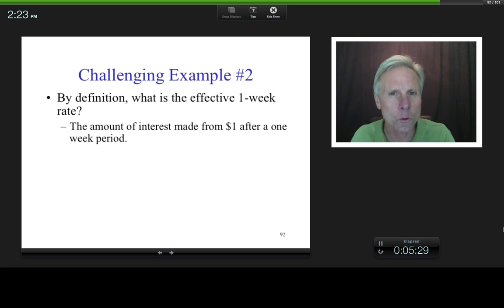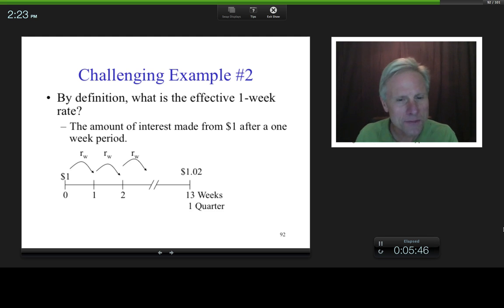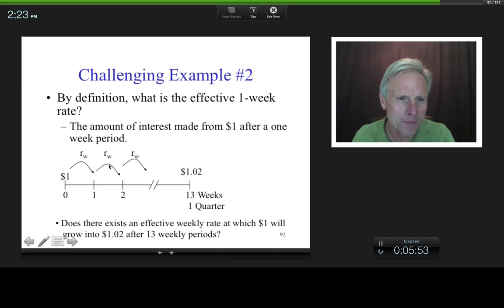Now how many weeks in a quarter? 13, right? So we know $1 grows into $1.02 after 1 quarter. Therefore, we know $1 grows into $1.02 after how many weeks? 13 weeks, right? So if I split this quarter up into weekly periods, does there exist an effective weekly